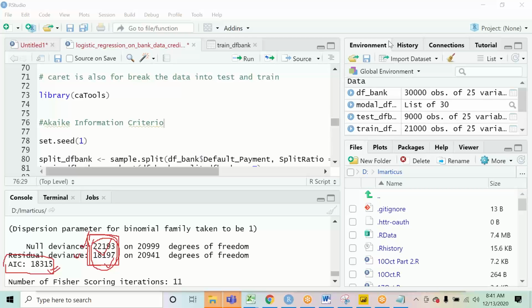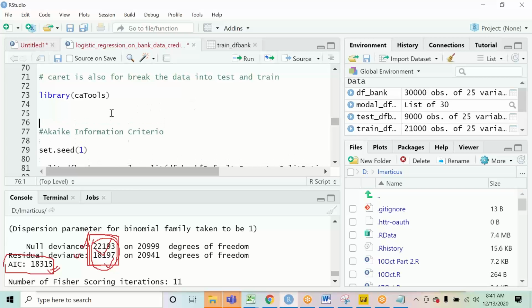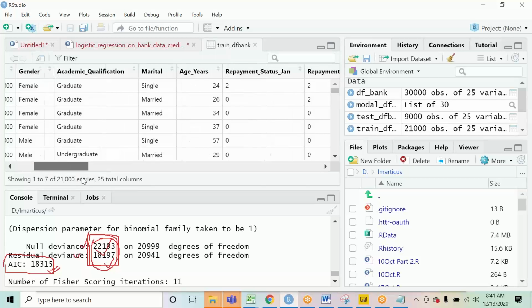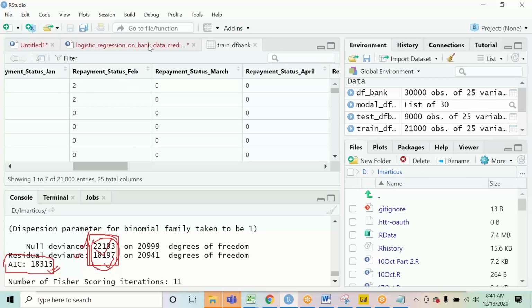Amit, if someone creates age as a factor by mistake and wants to remove it as a factor, how can it be done? One way is, suppose we have a column of age in this data.